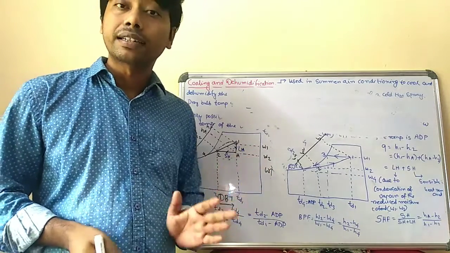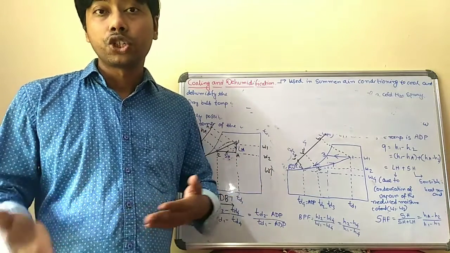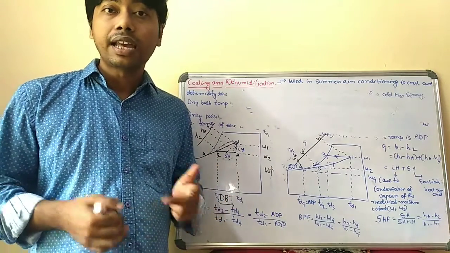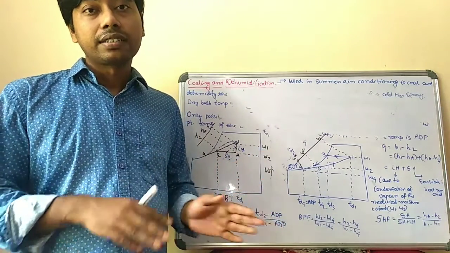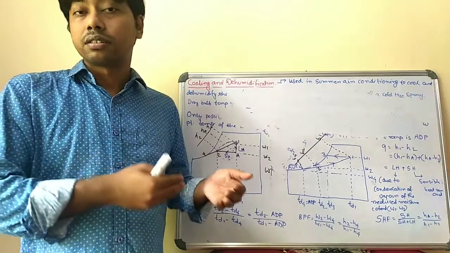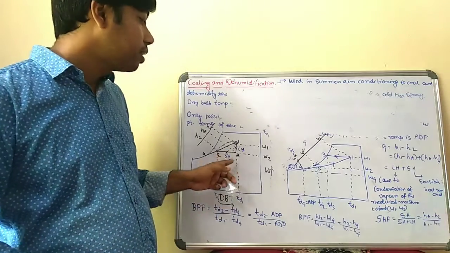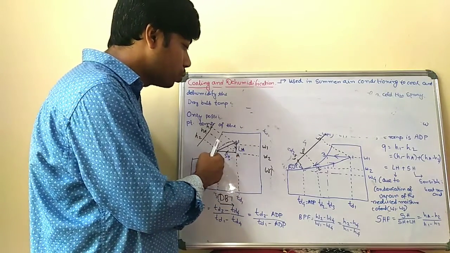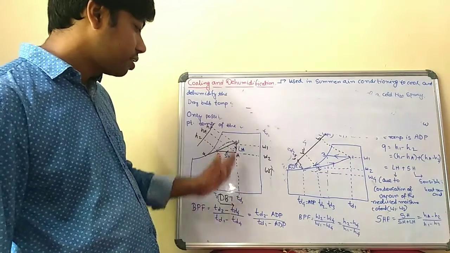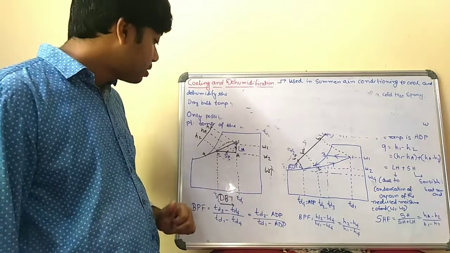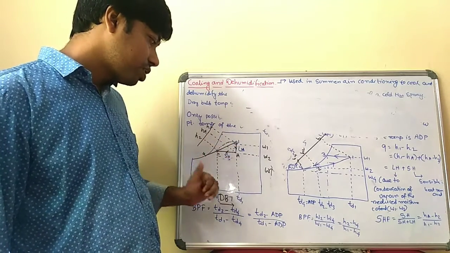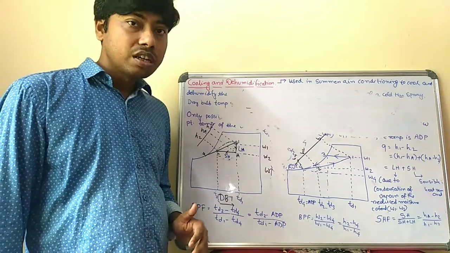Similarly, as you know, the sensible heat factor is the ratio of sensible heat to total heat. Total heat has two types, sensible heat and latent heat. So the sensible heat factor is sensible heat divided by sensible heat plus latent heat. In the cooling and dehumidification process, sensible cooling is done from process A to 2, and latent heat removal is done from 1 to A, because in latent heat removal the dry bulb temperature is constant, as you know. In sensible heat removal there are changes in dry bulb temperature, but the specific humidity is constant.